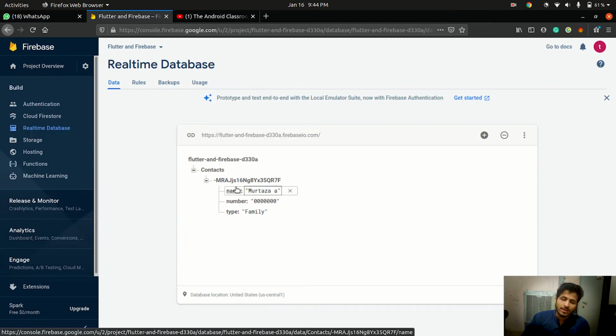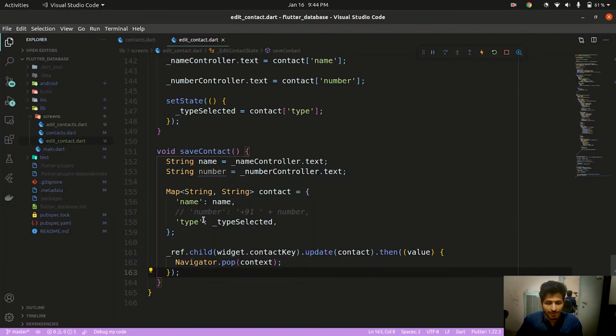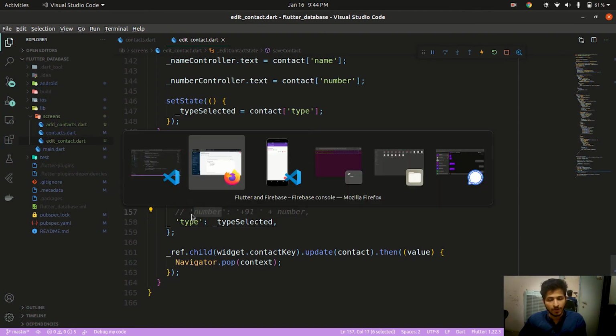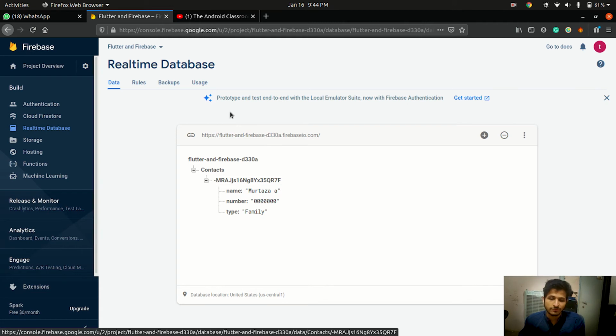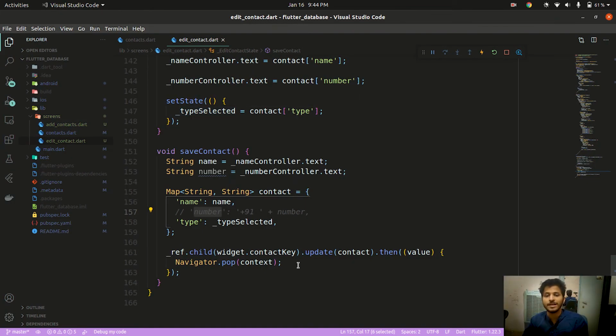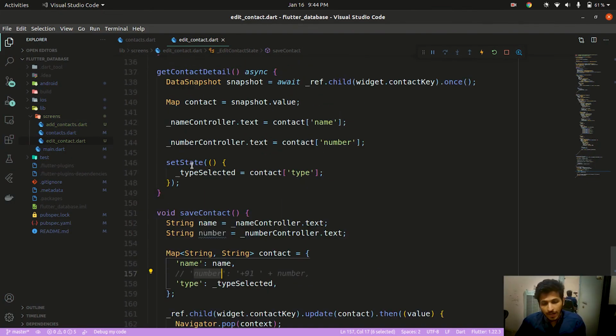So the update only changes the values which we are giving it here. Like we are giving name and type, so it will only replace these two values. It won't work with number. It will leave number as it is. It will not delete it. So that's why we use update, not set, while updating our data in Firebase.